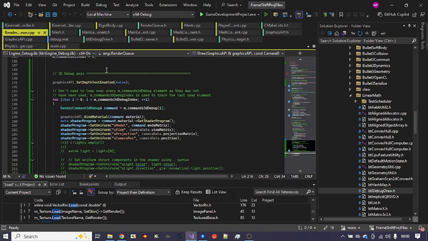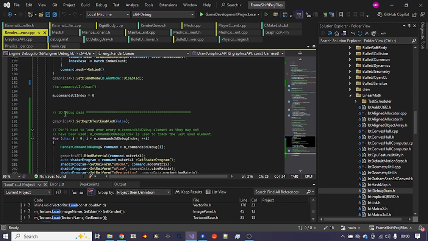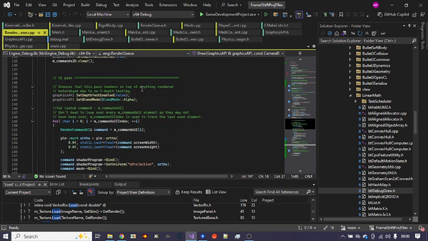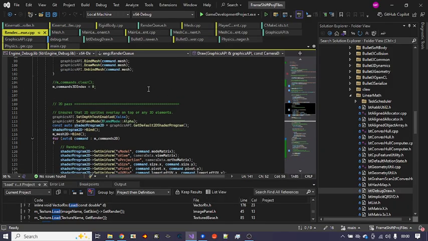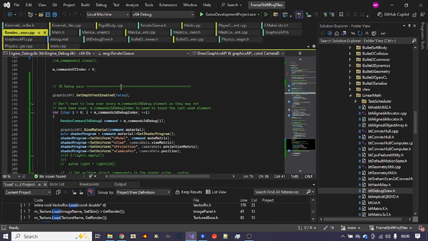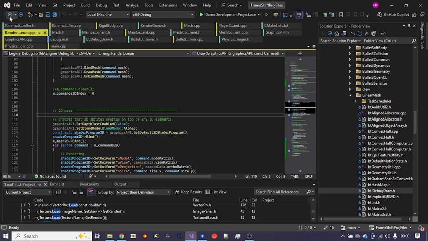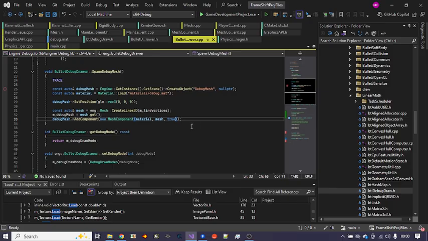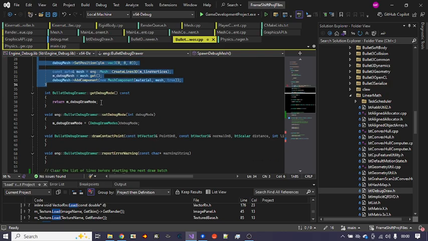I go down to 3D debug pass. Yeah, that is correct. So just a new render command 3D debug, which comes after everything else. So after the UI pass, after the 2D pass, and then after the 3D pass. Anyway, that's besides the point of this video. I shouldn't complicate it that much and go too much on a tangent. So I create my debug mesh so that I can pump data into it. Okay, next thing is,